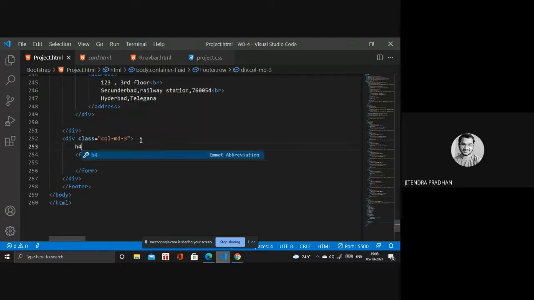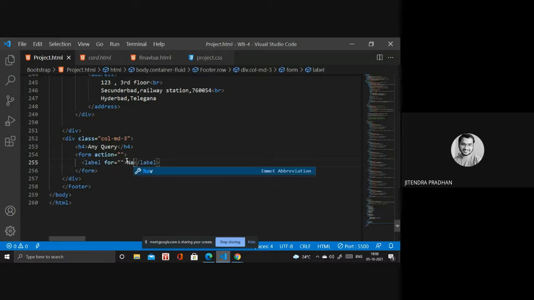Inside the form you have to use the label, and in that you have to use the name, txt name, and I need an input box, input for that text, and I need a class for that, like form control.